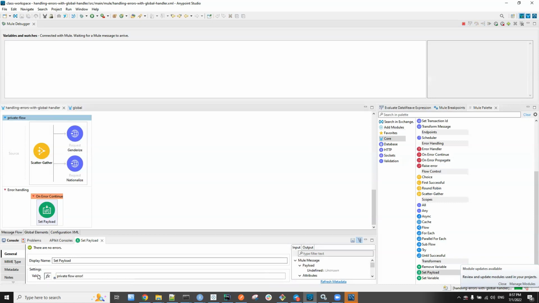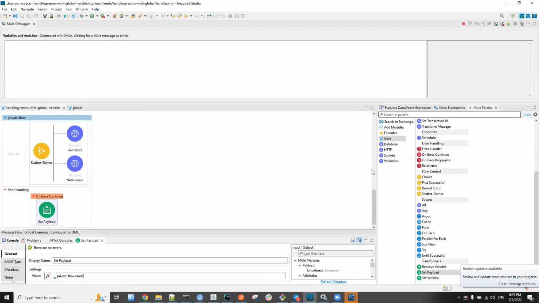So before, the message at the end was global error handler. But now, since we have defined an error handler in this private flow, it will not go to the application level error handler. It will be handled here. And whether it matches the error type or not, if we have defined an error handling scope here, it will not go to the application level error handler. That is what we saw in the slides.